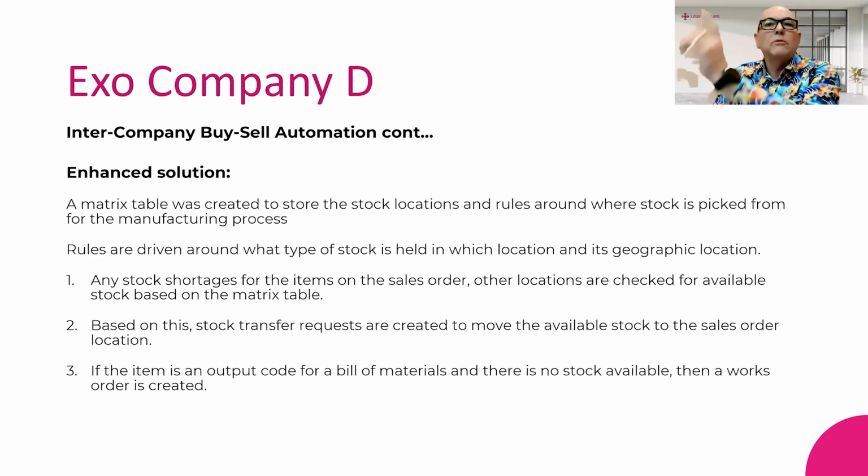We need that stock coming from that location into there so that all the costings and all the right stock movements are done. So the item is an output code for a bill of materials, and Murray talked about the difference between kits and bombs, but this is more the manufacturing process that he mentioned. And then